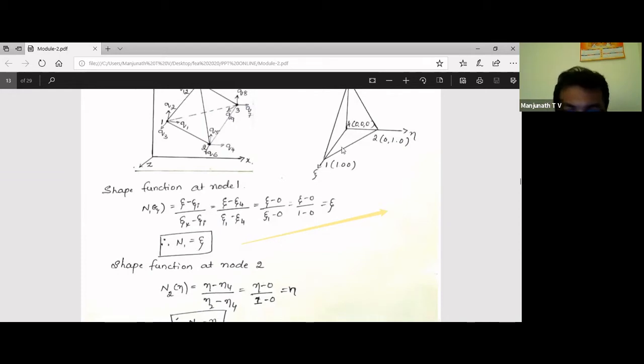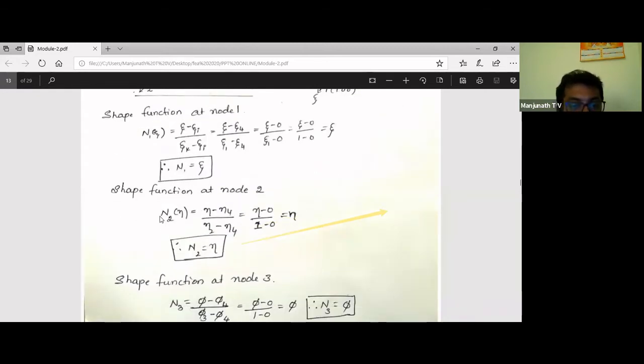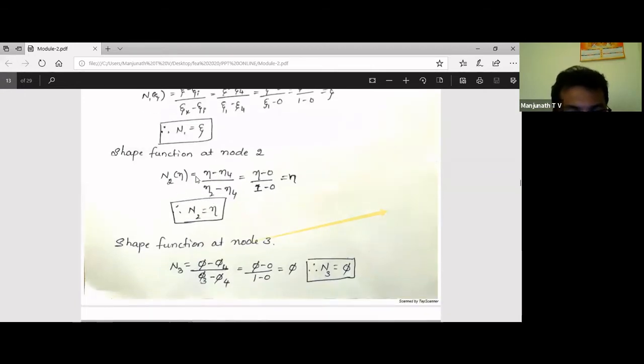Okay, so here in the x direction, if you consider node number 1 and substitute zeta value 1, then N1 is equal to 1, and for all remaining nodes the N1 value will be 0. That way it is obtained: N1 is equal to zeta. Then similarly, to obtain the shape function at node number 2,